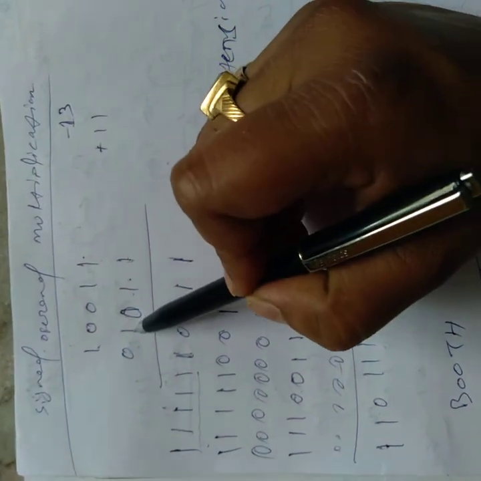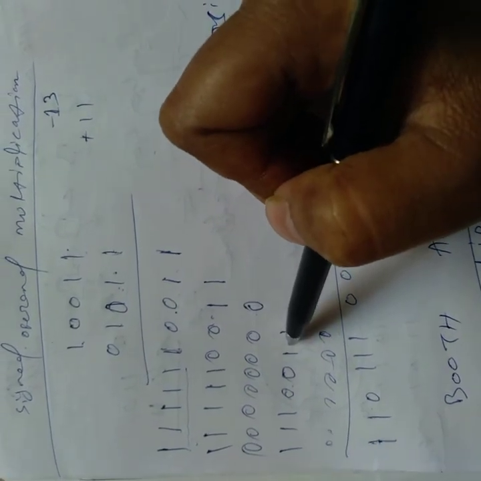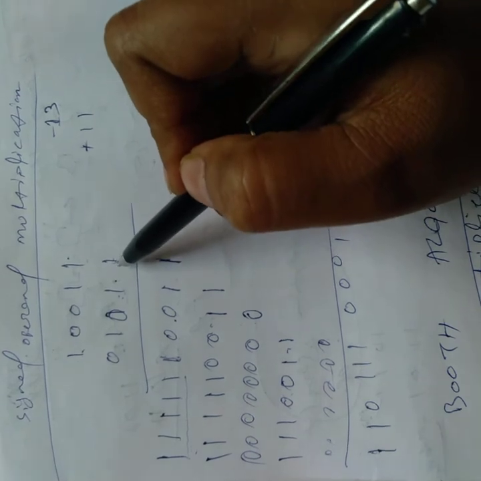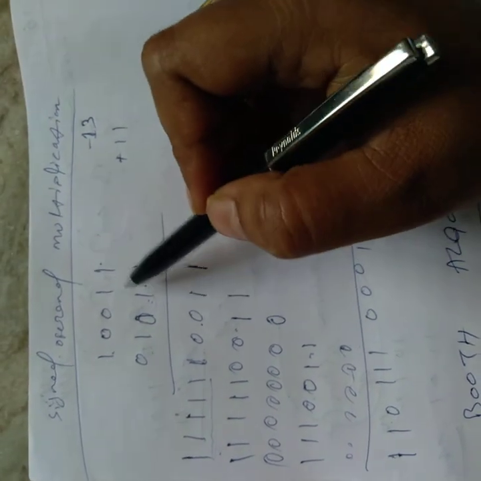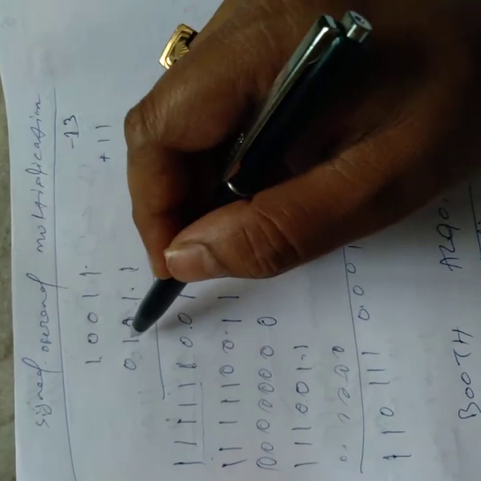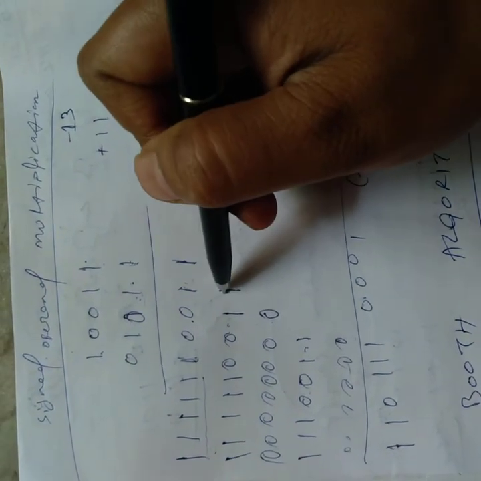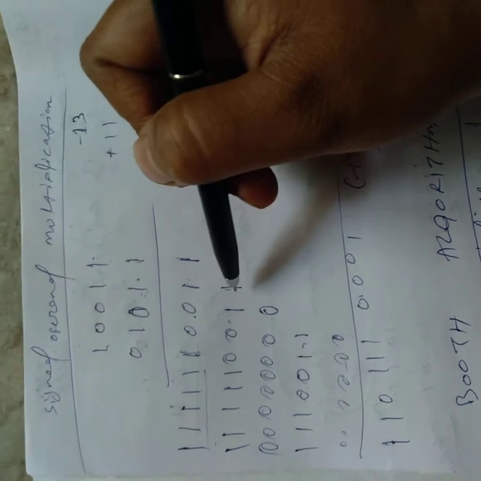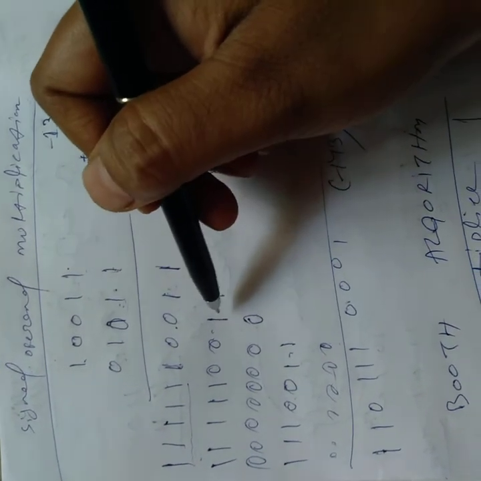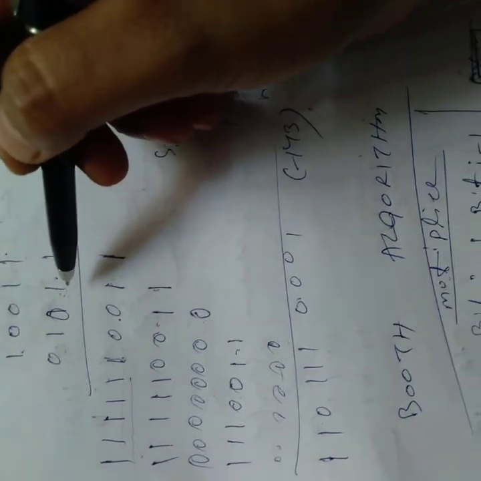That means Booth algorithm says that it depends upon the multiplier. How many ones are there in the multiplier? 3. So that's why you are getting 3 partial summands. Suppose I somehow reduce this to 2, so the same result you will get, but one of the ones will be removed, so we will get only 2 intermediate summands. That will reduce the time required to perform the overall addition, which subsequently will decrease the time required to perform the overall multiplication. So that's the idea behind Booth algorithm.